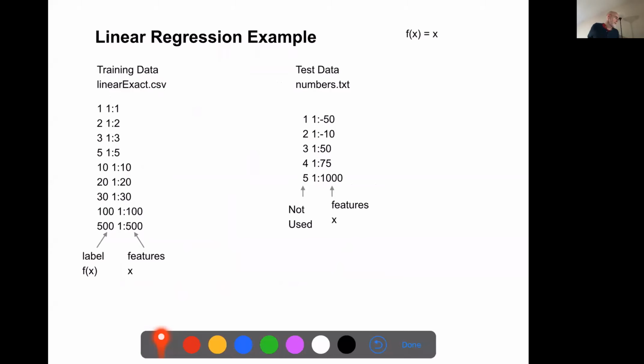So in our example, here's what our file will look like when we transform it. Here is f of x, and here are our features, and this is the first independent variable. So we need to be able to convert usually a CSV file into this format.